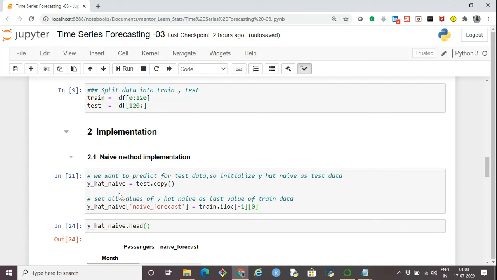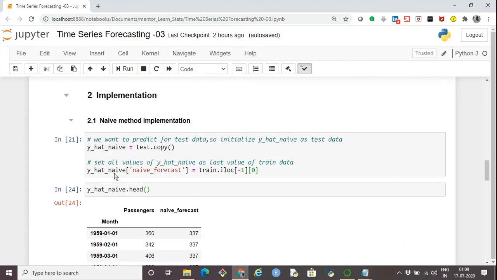Now we have to find the last value in the train data set. How do we get the last value? We do train.iloc[-1]. As you know, a negative index starts from the end. So train.iloc[-1] gives me the last observation of the train data set. Because that would be in the form of a series, I'm taking the value by using the zeroth index, that is the first element, and putting it in a new column, which is the naive forecast.